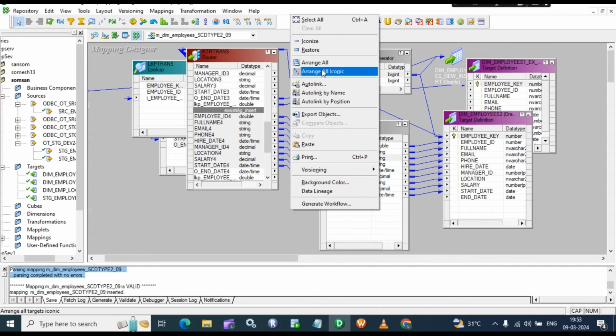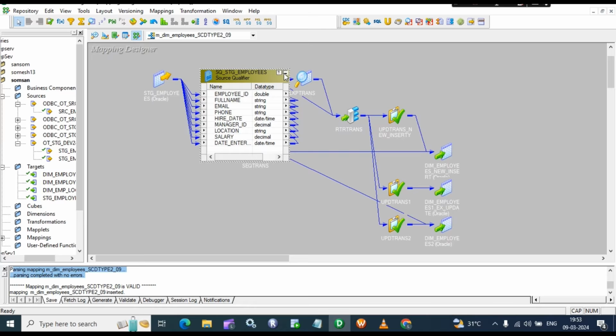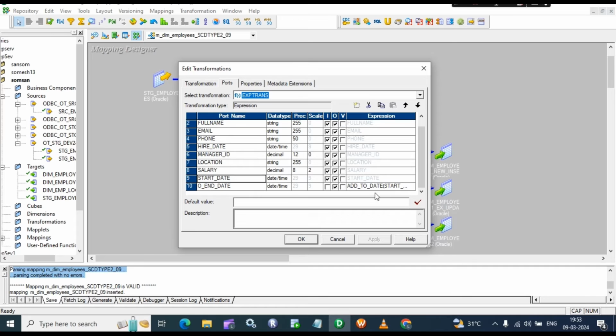This is the SCD type 2 mapping logic from the staging table. I took the staging table and the source qualifier to an expression transformation. In the expression transformation, to get the end date of the employee record, which is the last working day of the employee, I applied this logic: add to date, start date, dd, -1,